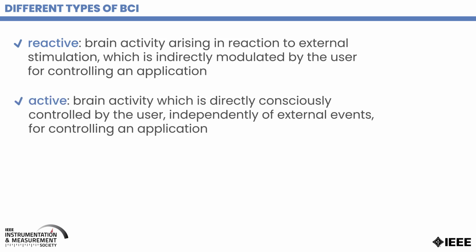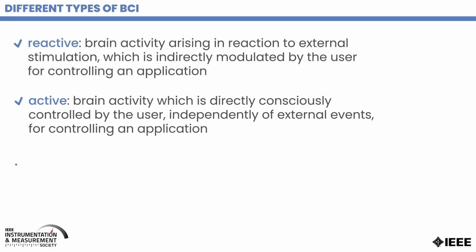In an active brain-computer interface, instead, the measurement is a spontaneous activity. But this spontaneous activity is voluntarily modulated, and it could be, for example, the idea of motor imagery, in which you imagine a movement without doing it, but this imagination of the movement makes a modulation of the brain waves that you can use to control or